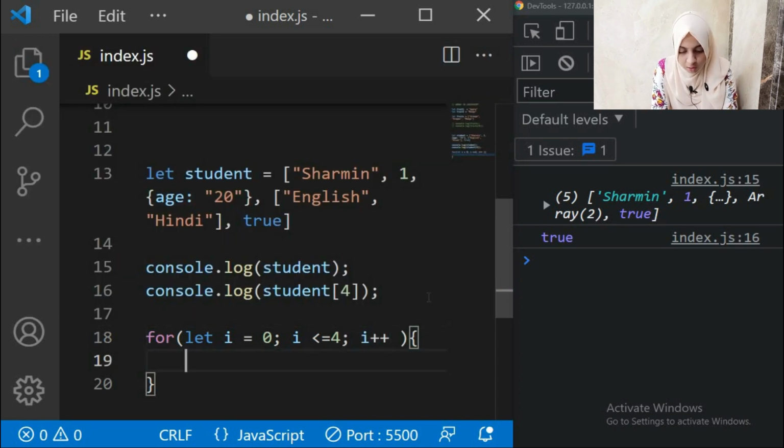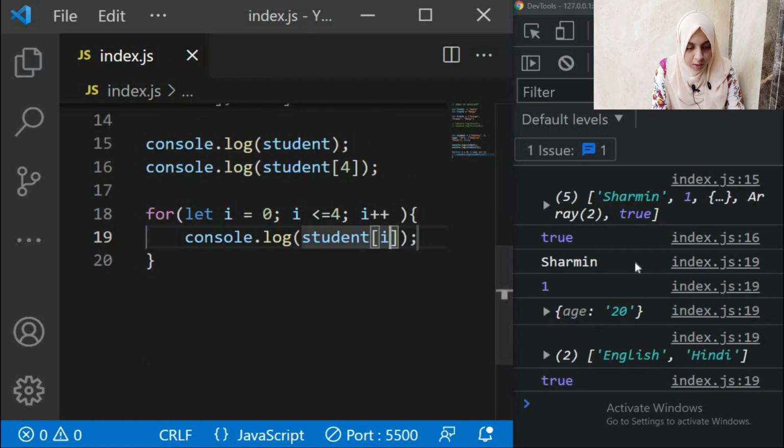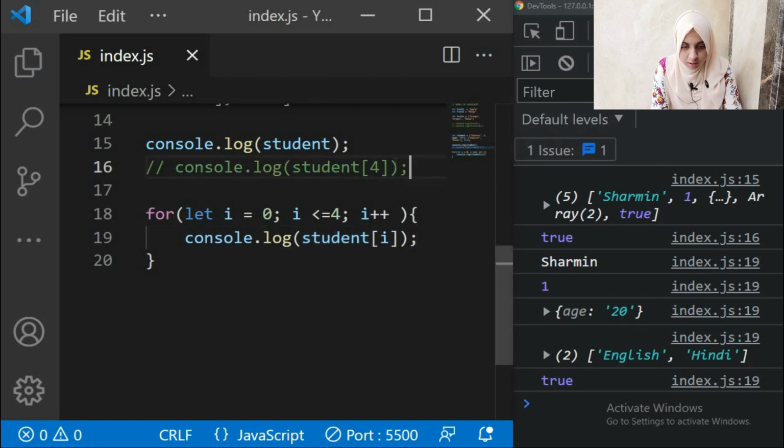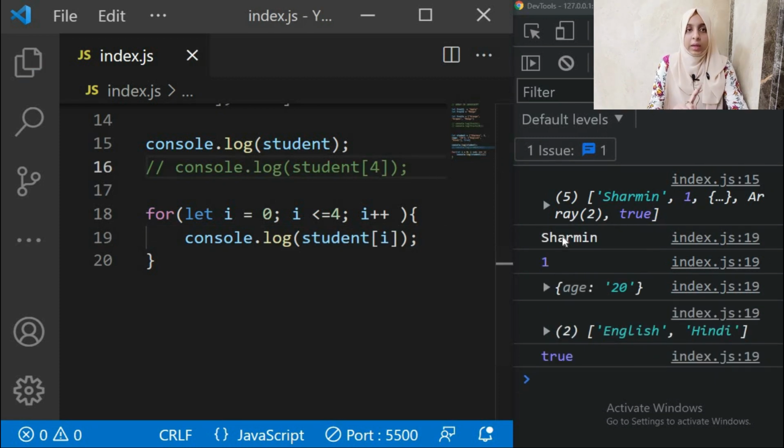Then let's console.log student in the bracket with i, and here you go. Let's comment this. Can you see?